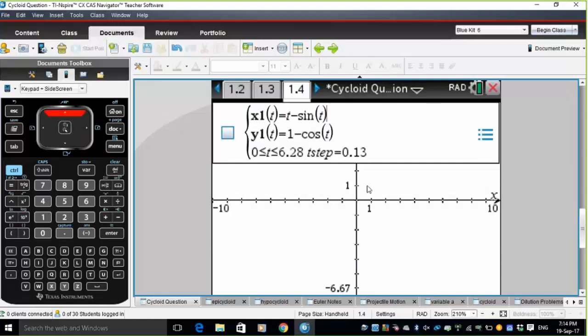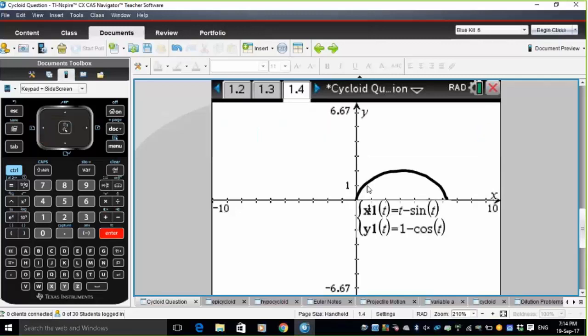Now, pressing up arrow, because they're already defined for me on the notes page, the calculator page knows all about them. So once again, I could have changed this step value here from 2 pi, although that's okay, we'll leave it as 2 pi. So when I press enter, the